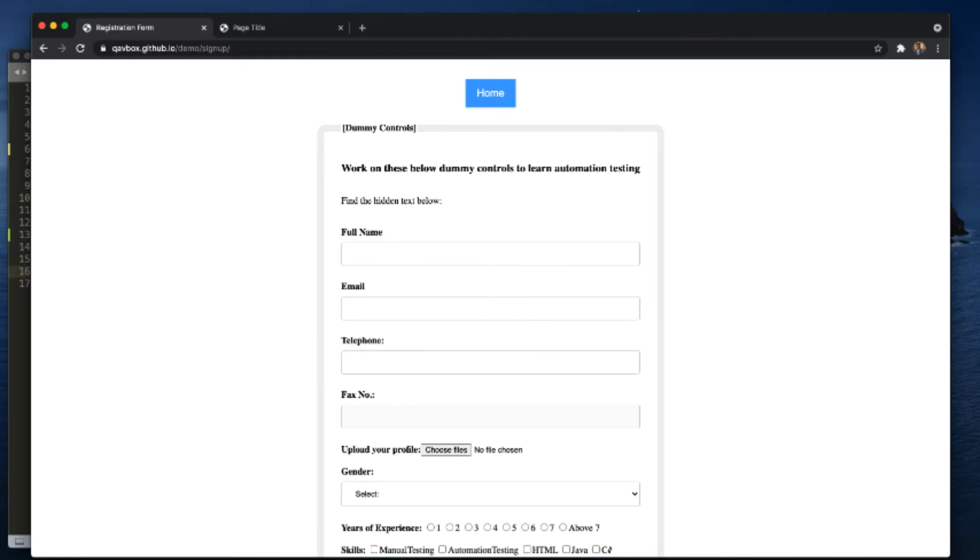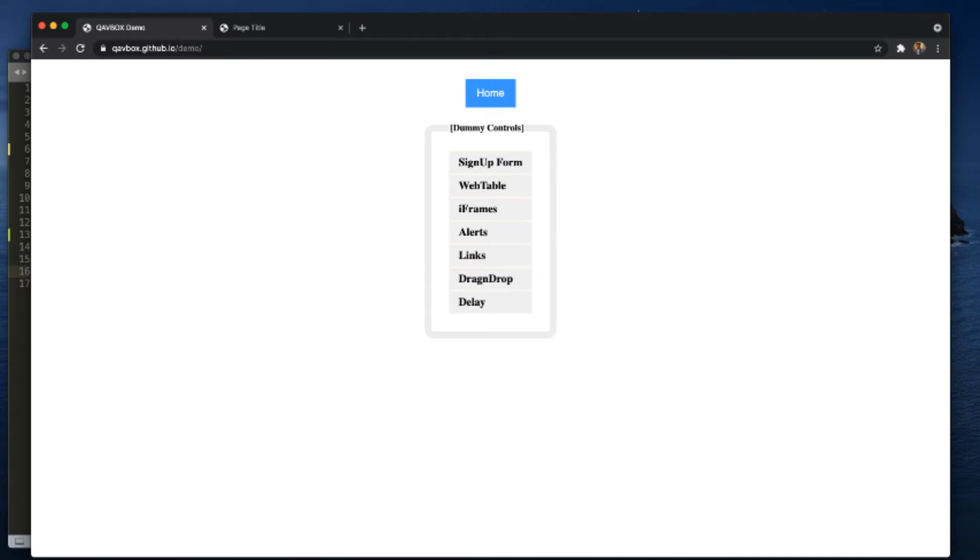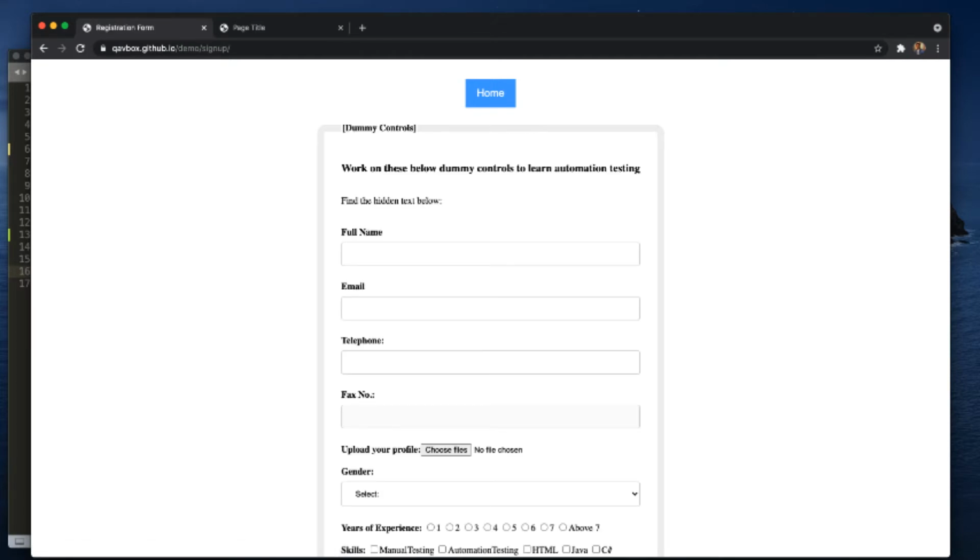Now these text boxes, you can enter some value, right? This is a button where you can click, and then whatever the button click event is written by your developer in the backend, it will perform that action. So normally, for each browser element we can fetch the value and perform certain actions, and then we verify whether the action we have performed is really happening or not, based on the